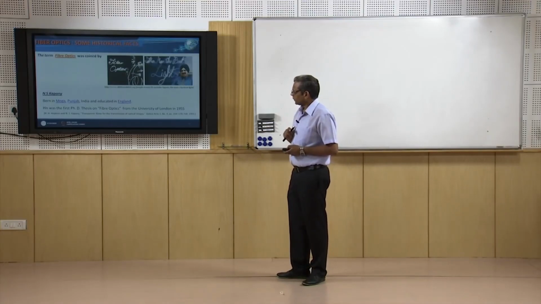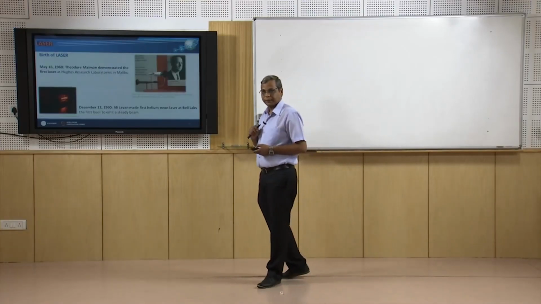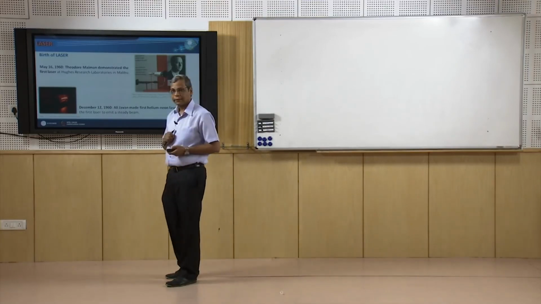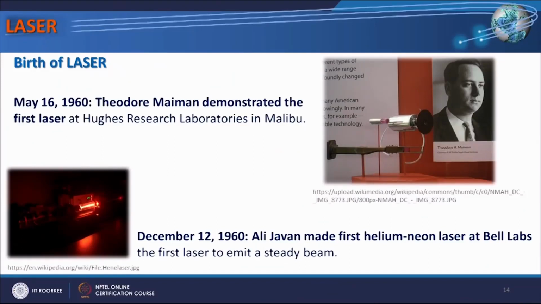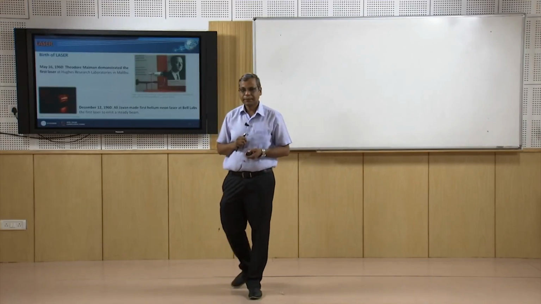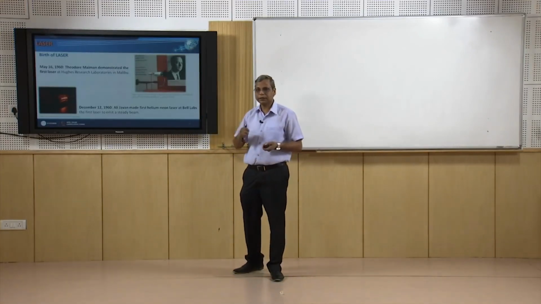Then what happened? A revolution happened. The laser was born. In May 1960, Theodore Maiman demonstrated the first laser. It was a ruby laser. He demonstrated it in Malibu. And a few months later, A. Javan demonstrated the first helium neon laser at Bell Labs, and this marked the revolution in the area of photonics, in the way we live, in the way we communicate to each other,